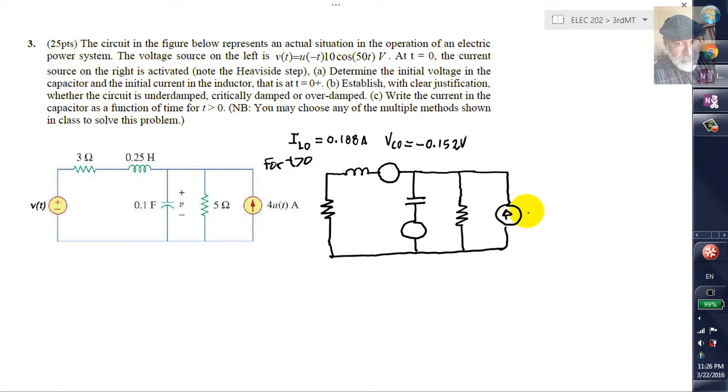Those are the Laplace impedances of each one of the elements, and they go 4 over S is the value of the source on the right, is the Laplace transform of 4 amps, and 5 ohms for this one, 3 ohms for this other one. This is LS, and that is S over 4, 10 over S, which is 1 over CS, and the values of the sources,